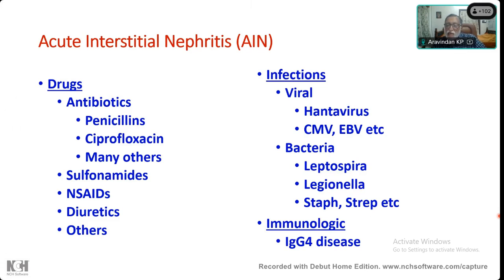But the unexplained ones are the ones in which you do biopsies, and we end up with more cases of drug-induced, and sometimes, rarely, IgG4 disease or other things. So what is the indicator that this could possibly be drug-induced in our case? Eosinophils. The presence of eosinophils strongly indicates that there is an offending drug usually producing that, and these are the list of drugs that can produce this.